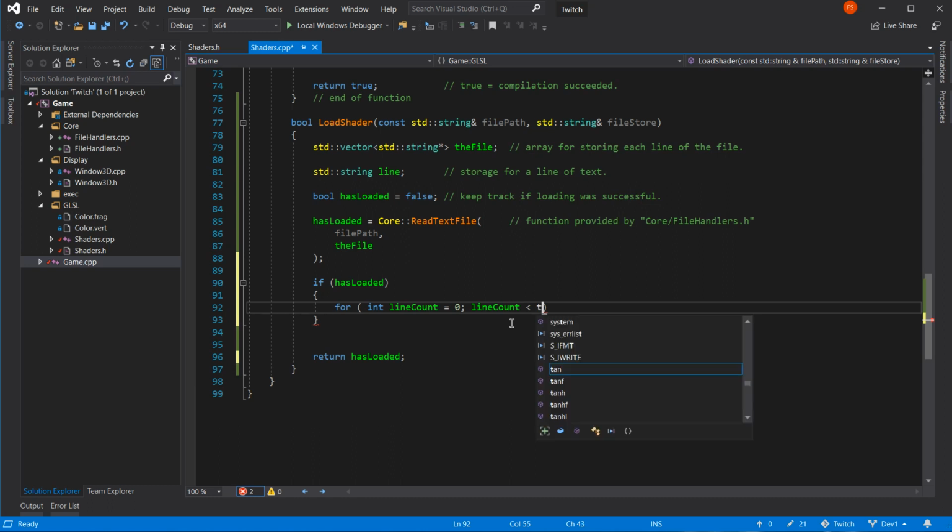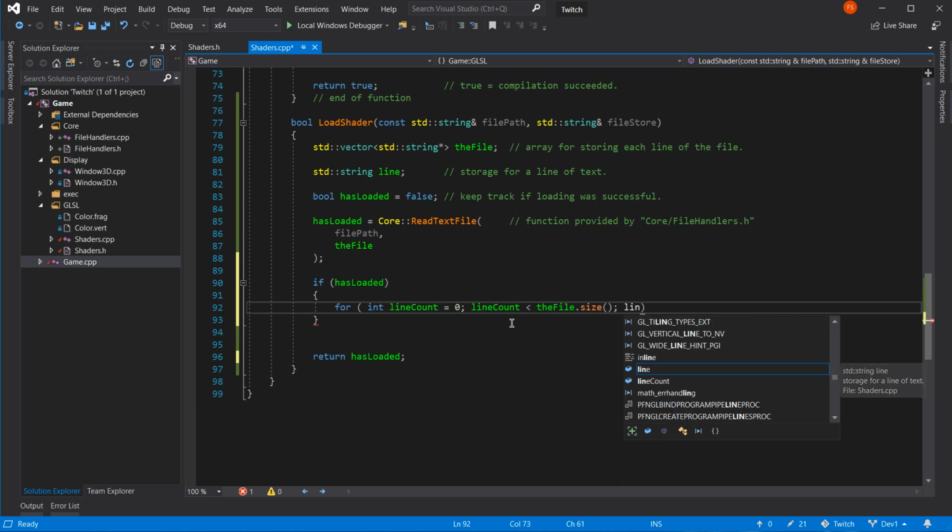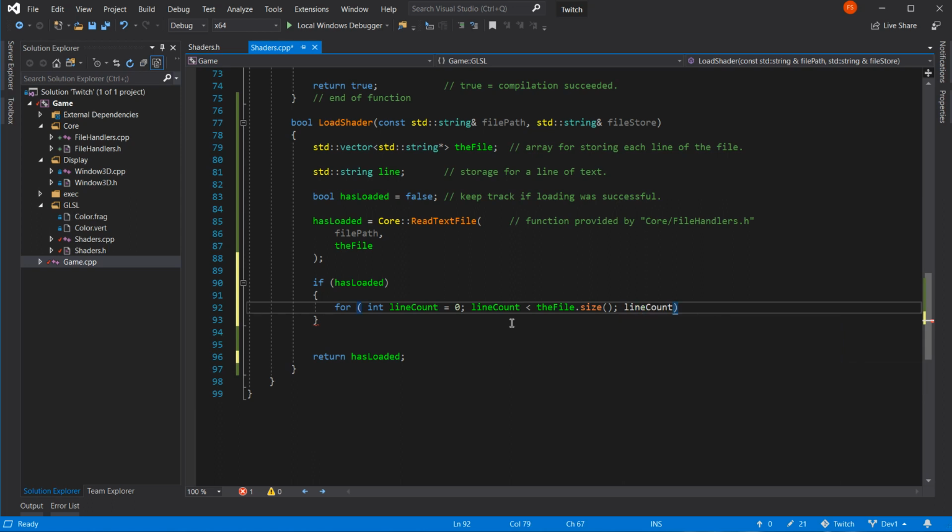Yeah. Its size, how many numbers of lines are in the vector, is another way of looking at that. We're just going to pull line count up. I'm just going to go step by step. So it's line count plus plus.